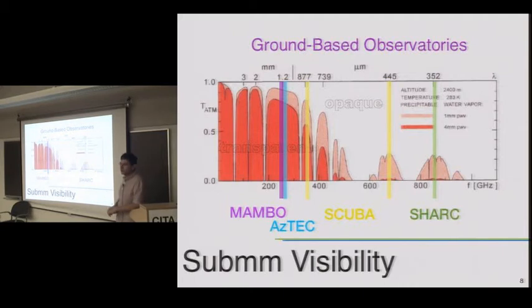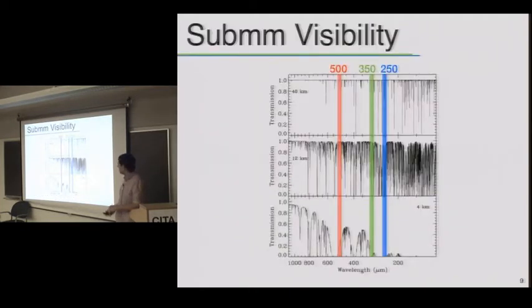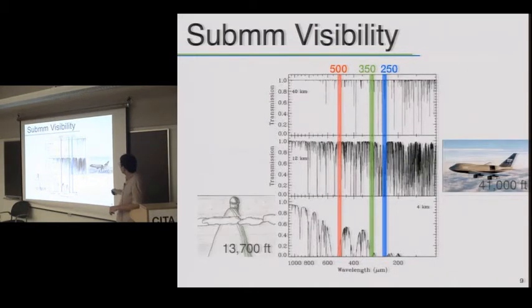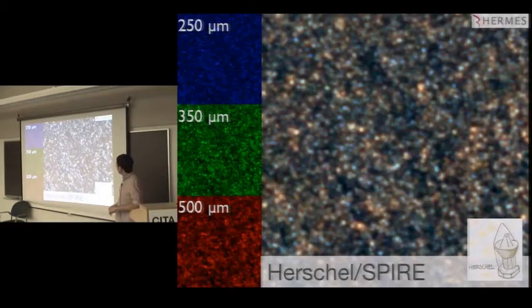But these opaque bands were less successful. Now, BLAST and SPIRE, they wanted to observe at 250, 350, and 500 microns, and to do it from the ground is challenging. But to do it from not the ground, that's another thing, right? So this is that same plot that I just showed you, and this is from a mountaintop, from an airplane, or from a balloon. And so notice that, of course, it's becoming much more transmissive as you get to a balloon, and if you can do it, you go to space. So that's what happened. We went to space with SPIRE.